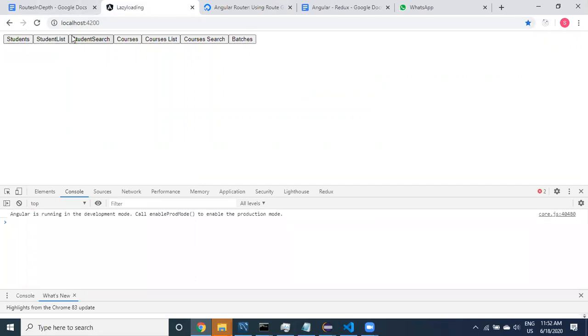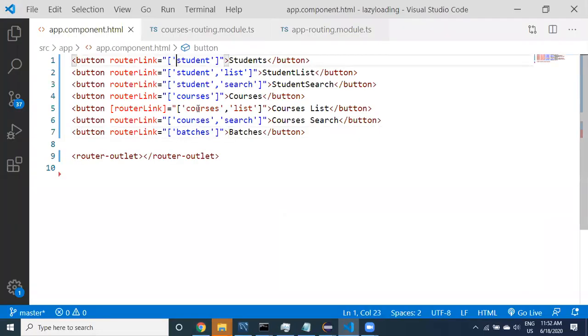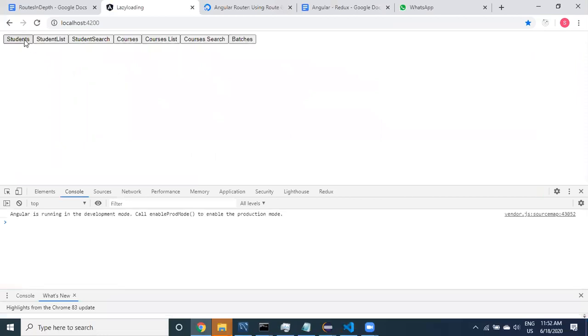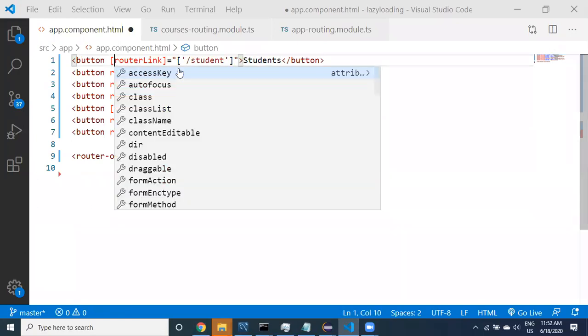If I say student, it is not happening. What is wrong? Saying student, right? Provide it. One second, and provide this approach. One second, guys.